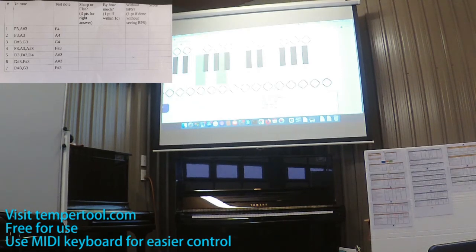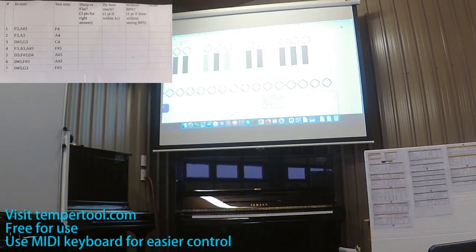7 beats a second. 6 beats a second. Okay, so we've gone the wrong direction. As you go up the compass, your thirds have to get faster, by half a beat per second per semitone. In this case, we've gone from 7 down to 6, which should translate into F sharp being